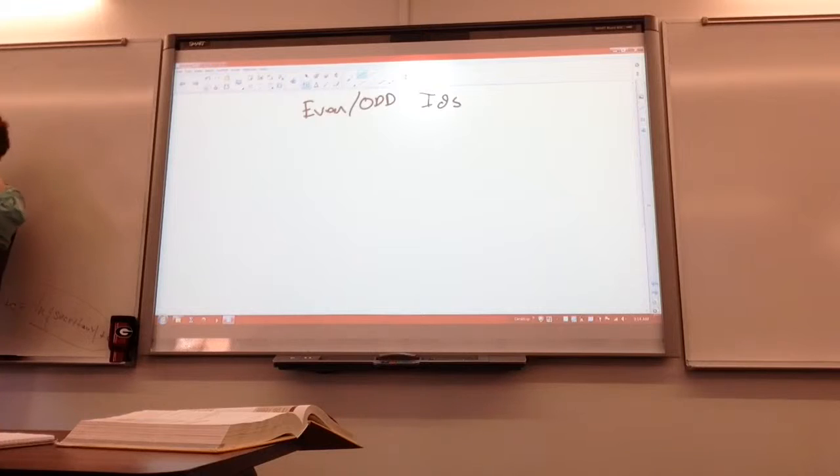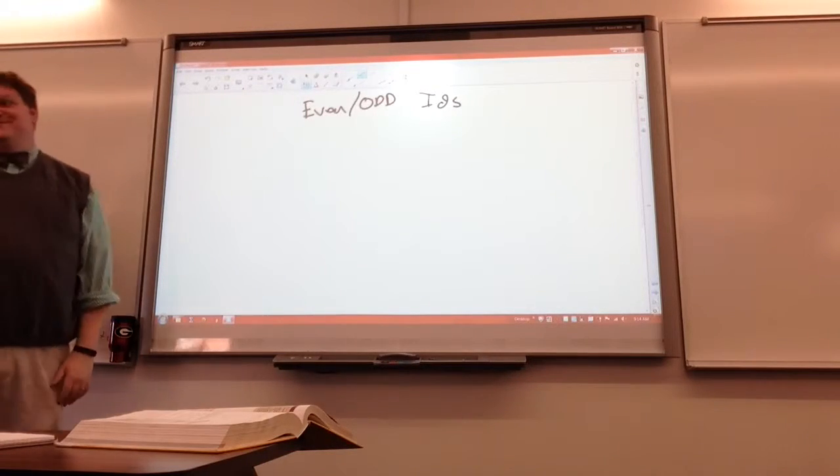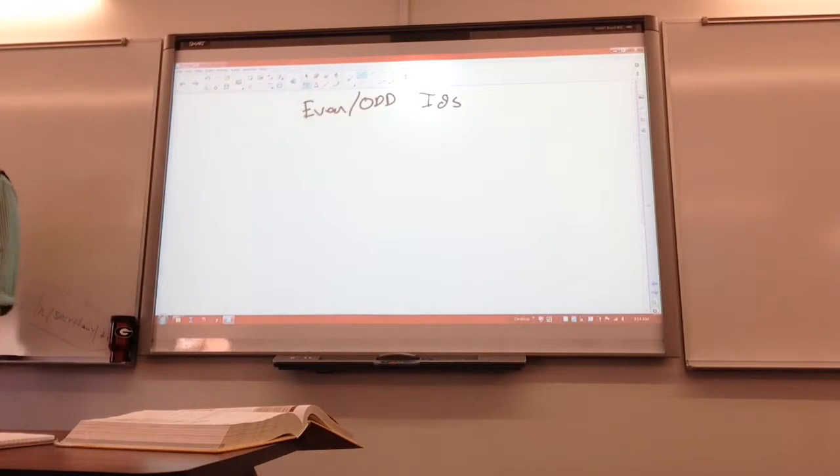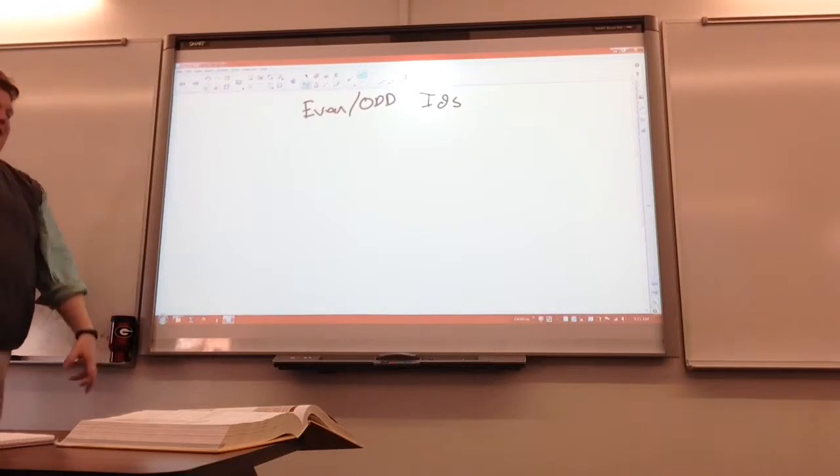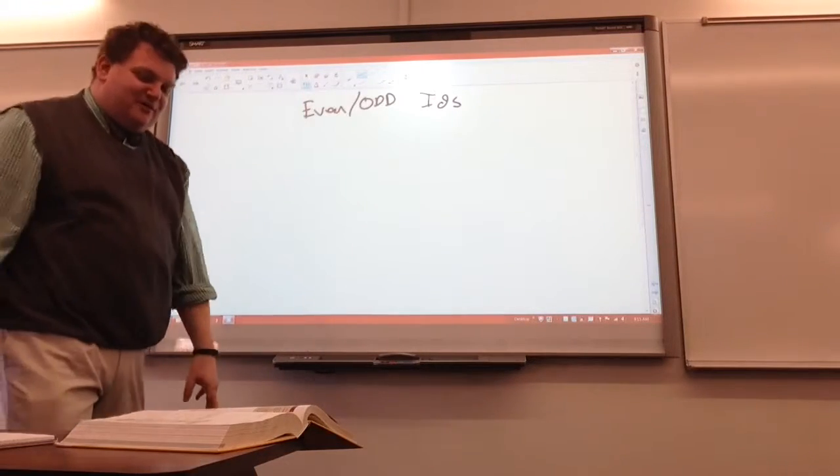There's only one type of function that has symmetry about the x-axis, and that's the function y equals 0. Because remember, otherwise, if we flipped it around the x-axis, we'd fail the vertical line test. So that's taken way back from the first week of September, what it means to be even